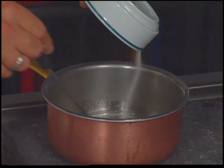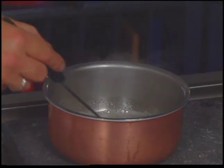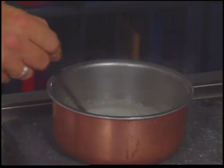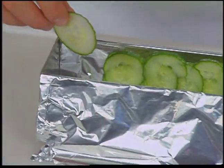Powdered aspic is added to boiling water. This mixture is also brought to a boil and then set aside to cool. The aspic should be lukewarm when it is added to the mousse. Während wir die Sauce Bechamel und das Aspic abkühlen lassen, können wir uns die Form vorbereiten. A terrine mold which has been